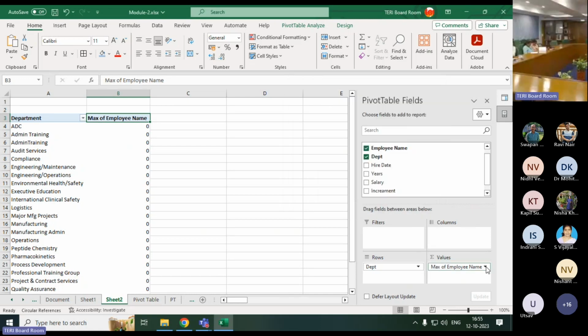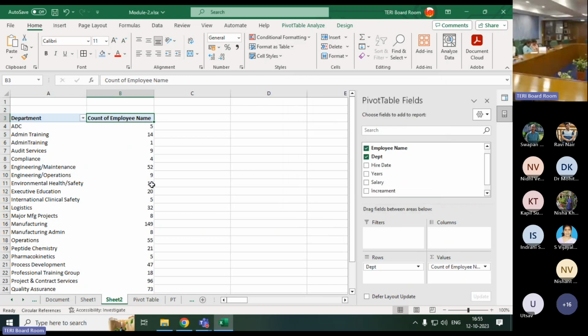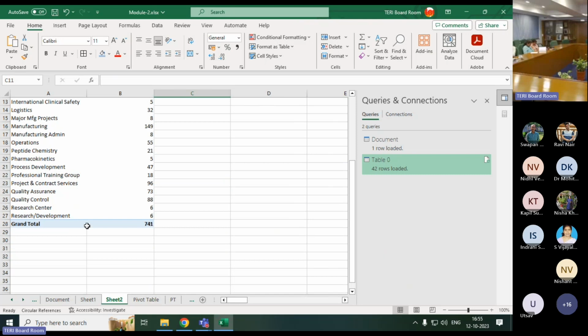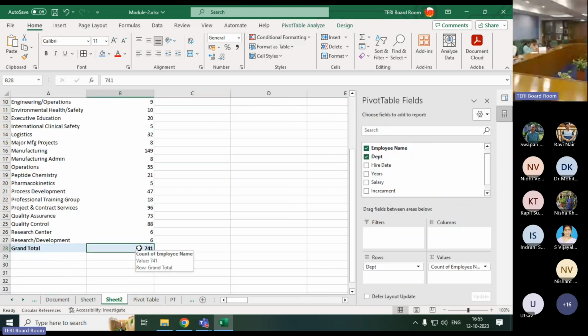So maximum is also zero. It always depends on your data. How much data do you have now? It always depends on your data. Okay, is it clear? Like we have a grand total of 741, and we have quality control 80 members,